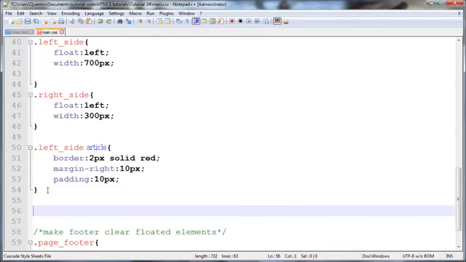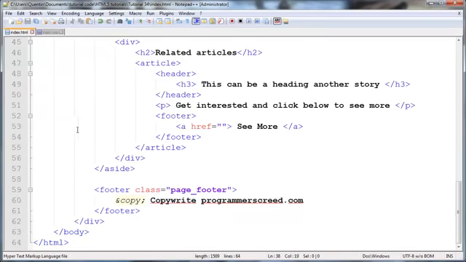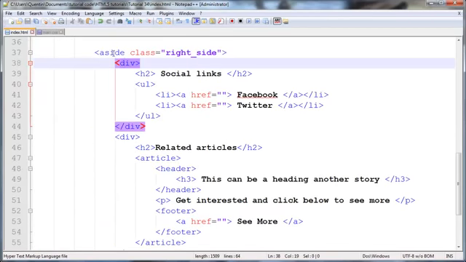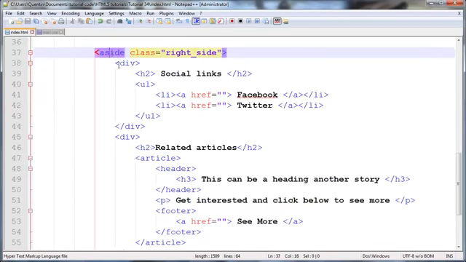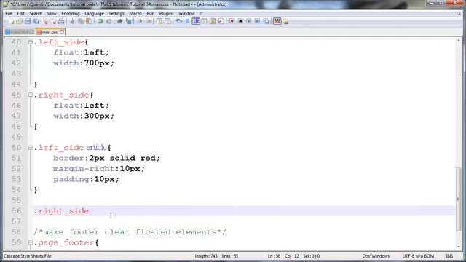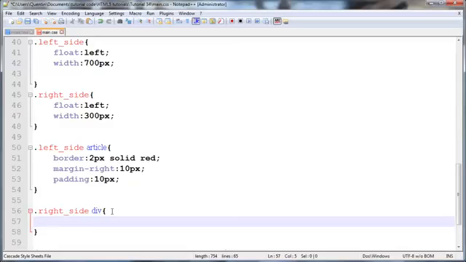So let's go ahead and say right side underscore side, and over here you can see that the inner elements of our aside tag are actually div tags. So we can say all div tags that are children of the right side. What do we want to do with those? Let's give those a border of 2 pixels, solid blue,